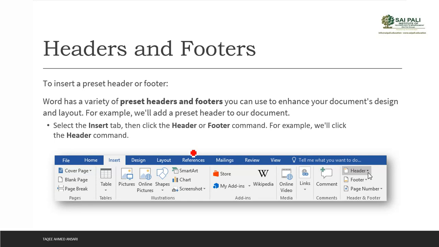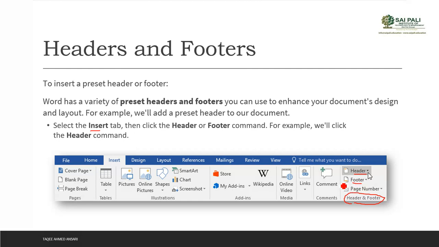So for example, if you want to add a preset header or footer, we can go to the insert tab where you have the header and footer group. From that group we can click on header if you want to add a header, and if you want to add a footer then you click on footer.